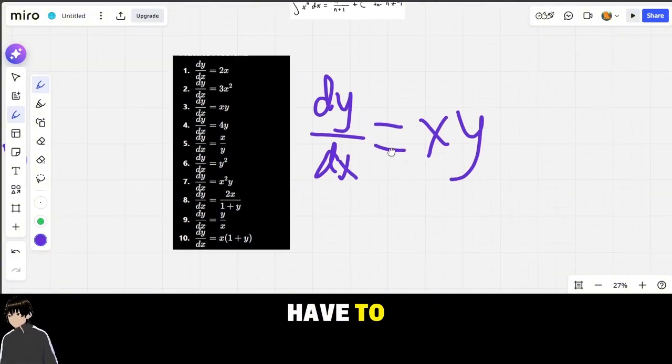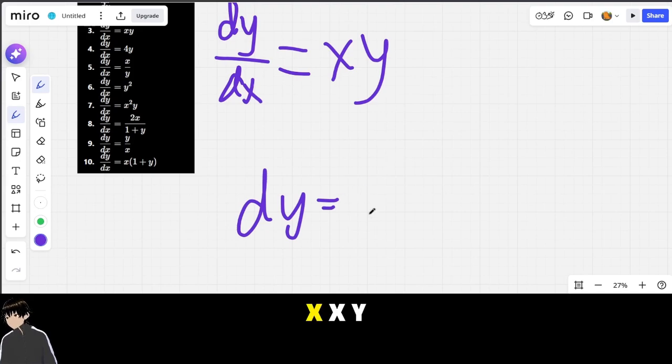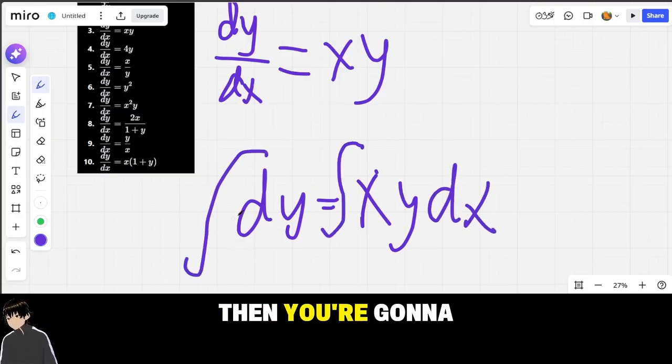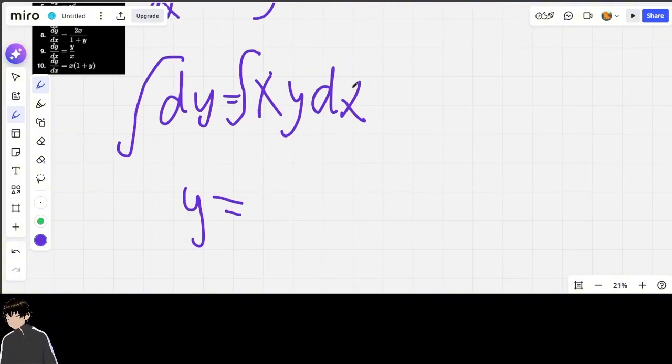So we have dy, but I understand it now. We have the derivative of y with respect to x equals x times y. You're going to have to times both of them, okay, cross multiply. So you have dy equals xy dx, and then you integrate both of them. Then you're going to have y equals, okay,